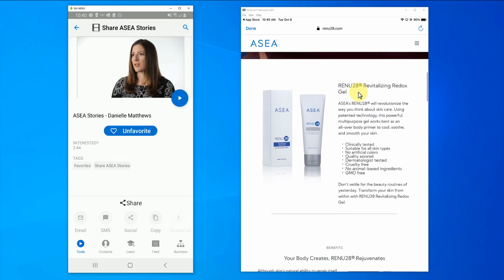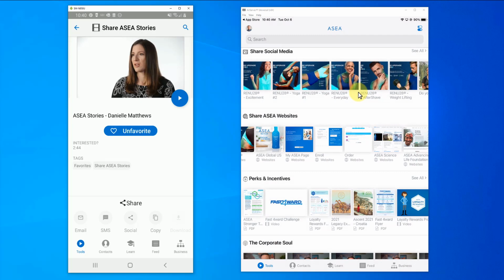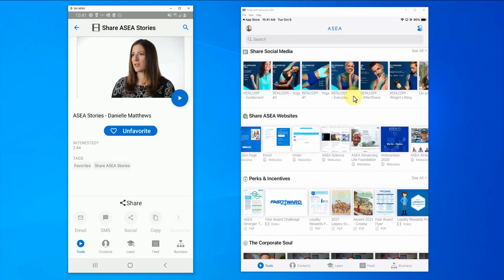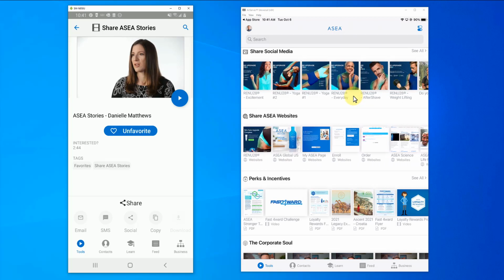So all of these different shareable ASEA websites, you can share these with others and get instant notification when they access those websites and get some more information. We've already added probably 8, 9, 10 websites in here, and we're going to be adding a few others to beeline some of your contacts directly to a resource that you want them to access. So be on the lookout for some of those.